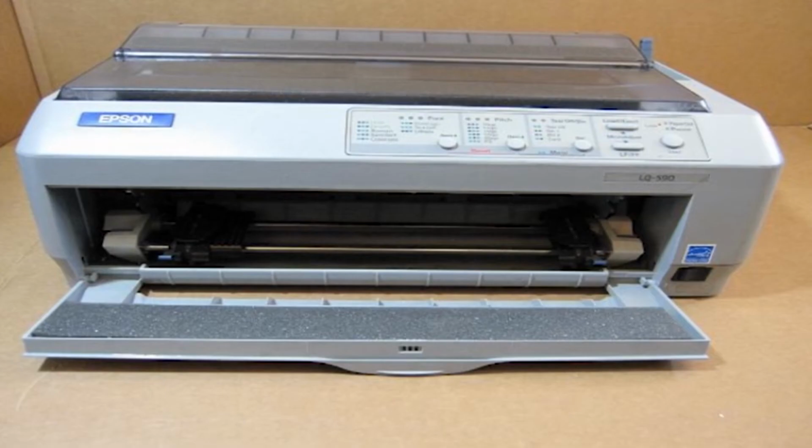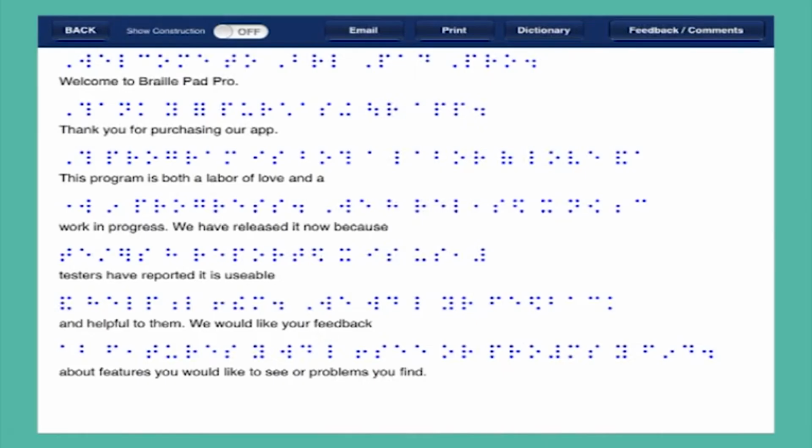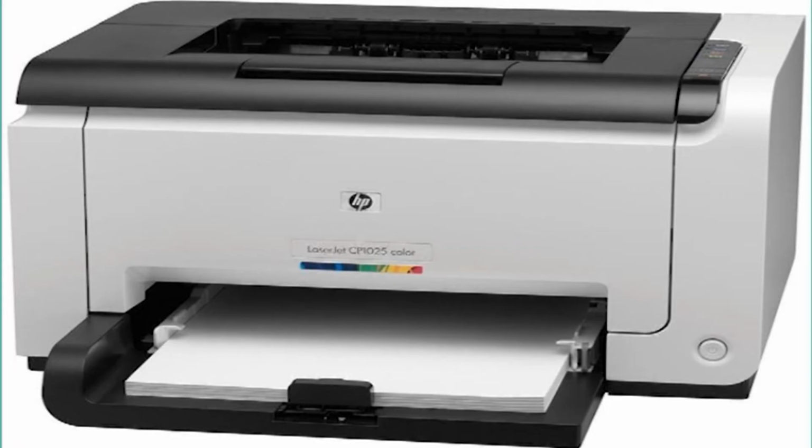A Braille embosser is an impact printer that renders text as tactile Braille cells. Using Braille translation software, a document can be embossed with relative ease, making Braille production efficient and cost effective. Braille printers are devices connected to a computer that do the actual embossing of Braille onto thick, heavy weight paper. They work like a regular computer printer does, in that the user can print out letters, reports, and other files